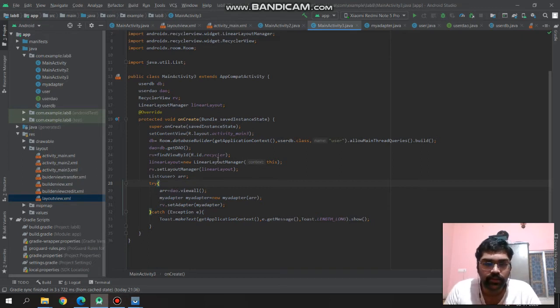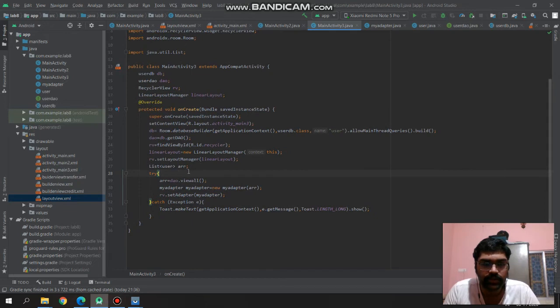Then we are taking the ID for the recycler view, and we are making a new layout manager, and we are setting the layout manager in the recycler view. Then we are initializing a list for user array.